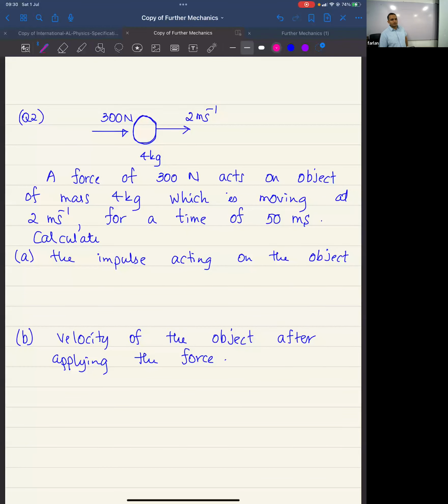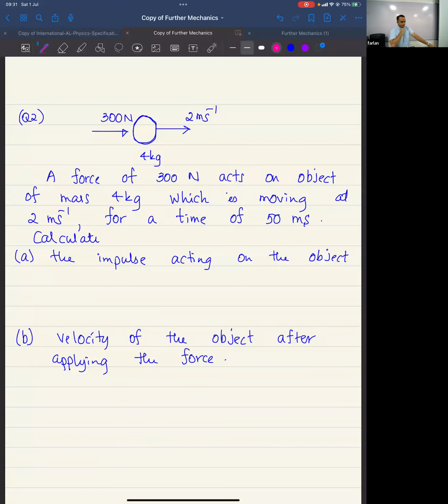A force of 300 newtons acts on an object of mass 4 kilograms, which is moving at 2 meters per second, for a time of 50 milliseconds. Full stop. Calculate